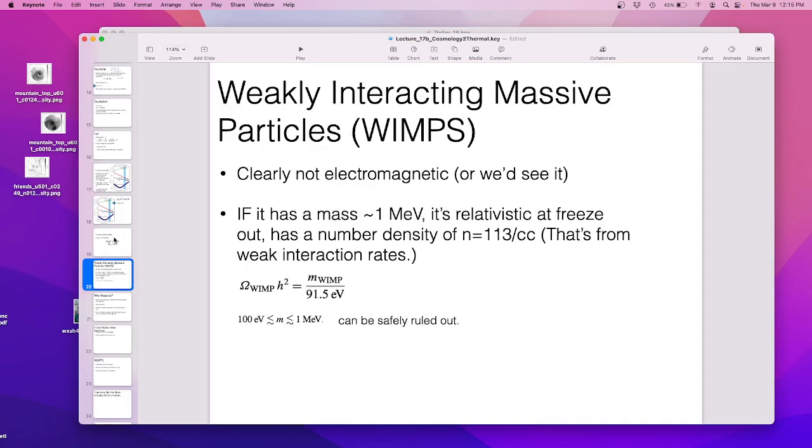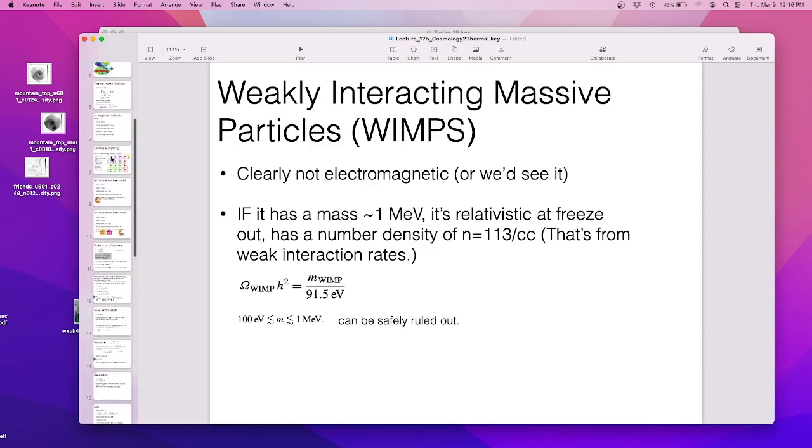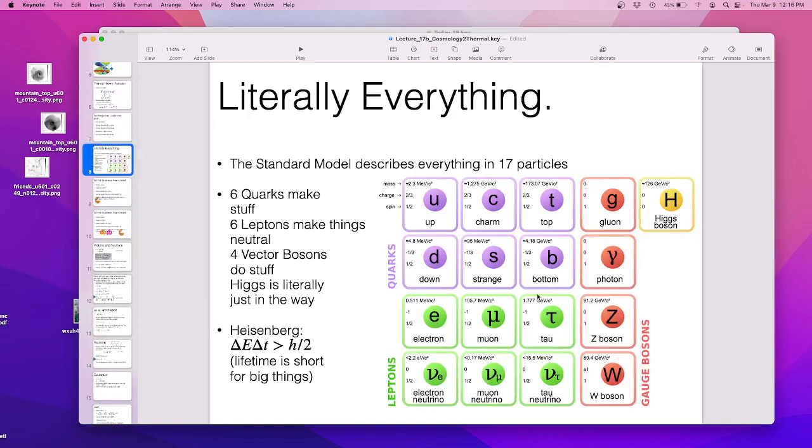Okay, WIMPs are weakly interacting massive particles. They're not in the standard model because they're made up stuff. So let's talk about these guys for a second. You can take this standard model and tweak it a little bit and change all the leptons, and the quark and the lepton behavior changes and the masses all change. The signs of the charge change, and we get all this bizarro universe, but it basically looks the same.